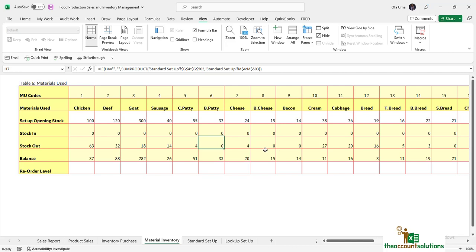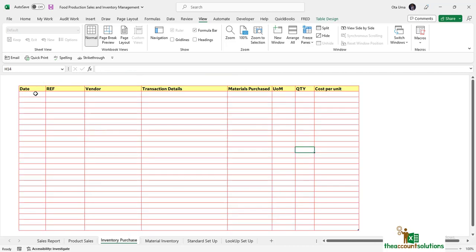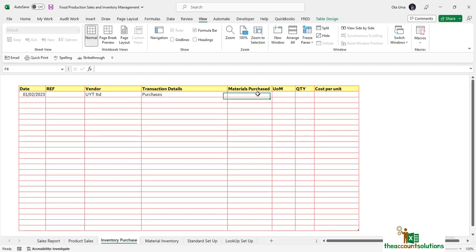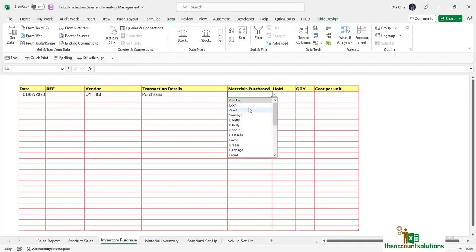Finally, let's try and buy some bread. Go to inventory purchased. Again, just type in the date that you're buying the bread, 2/23. The vendor, anybody, UYT Limited. Then details, purchases of blah blah blah. You know, just write details there. Material purchase. Now, just type bread. Now, make it easy for you. So instead of typing, just select,